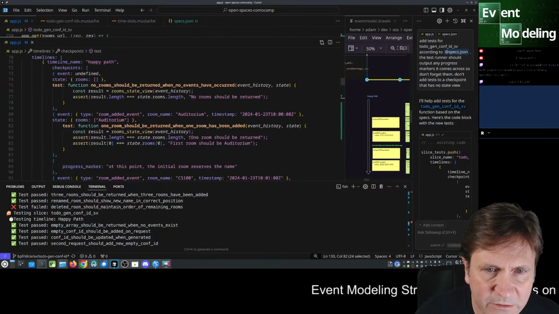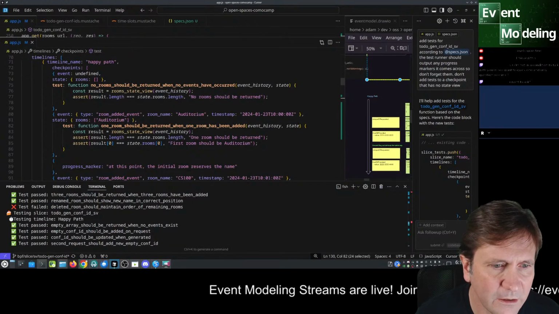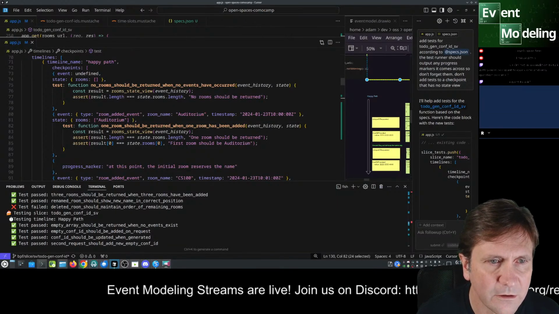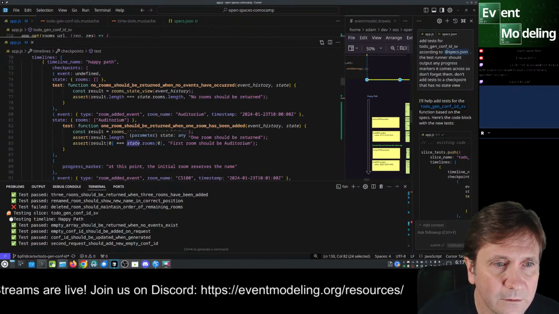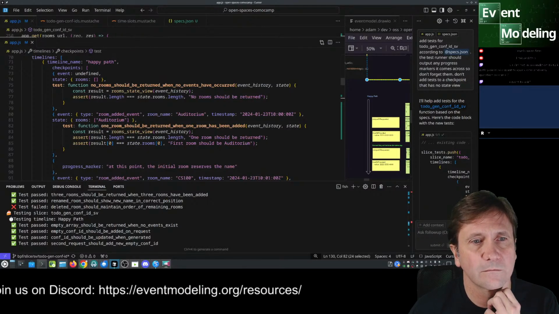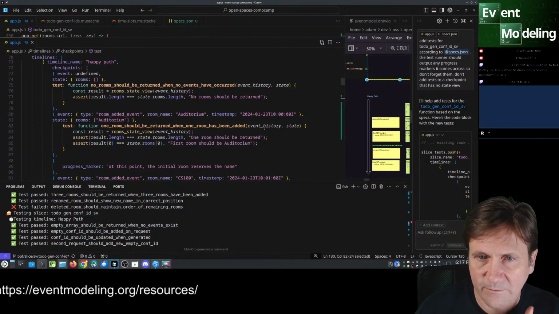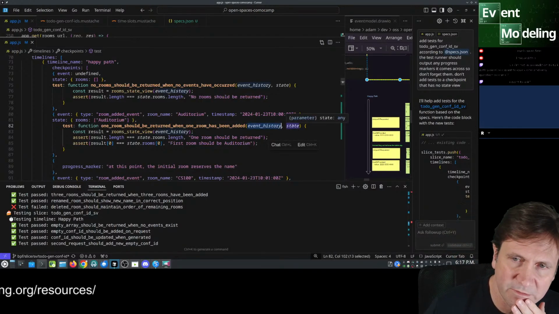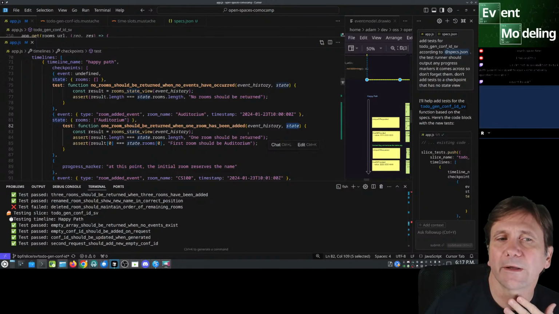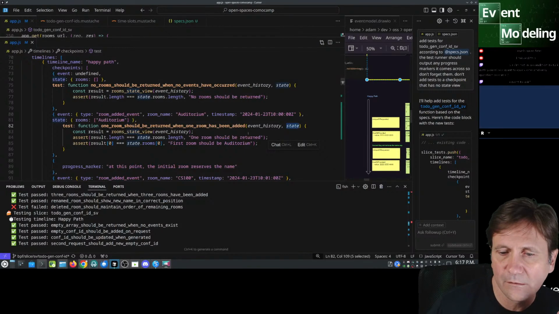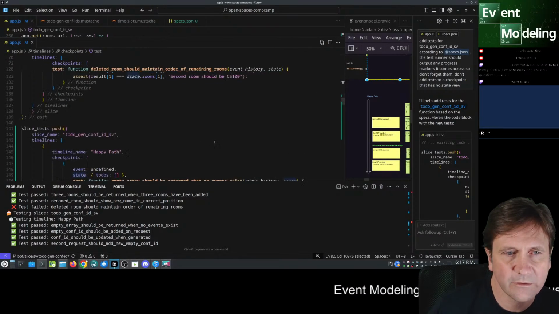So, okay, each assert has a message and we're not getting that message. So the test has event history, it has state, but it returns, okay, what do we do in the test runner for returning?